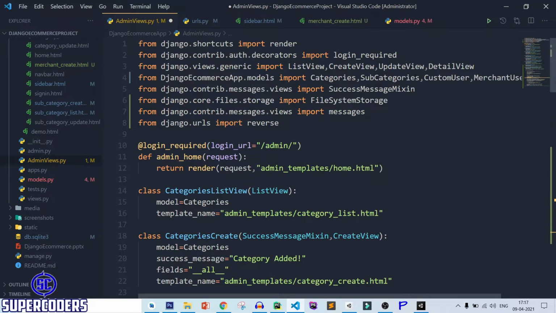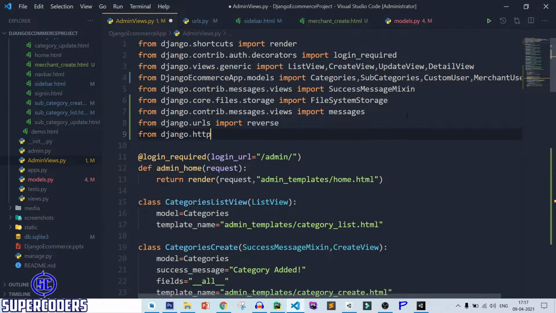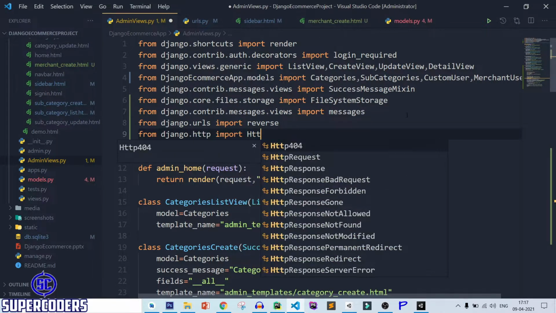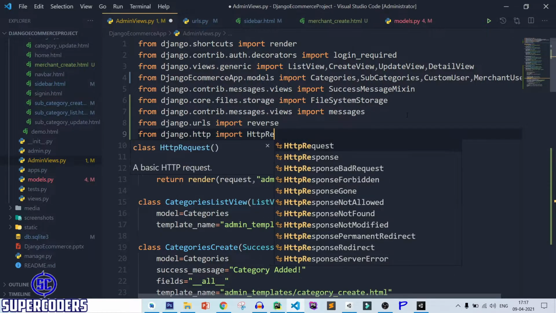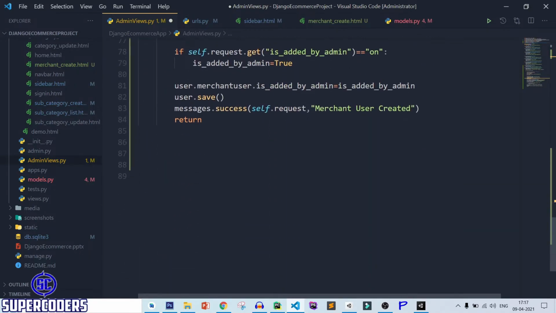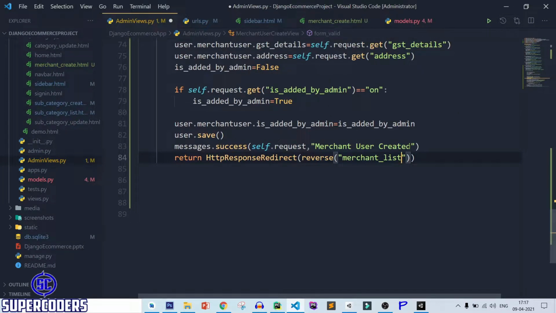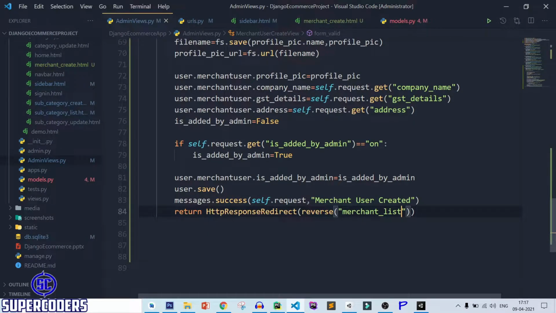So first import redirect. So from django.http import HttpResponseRedirect, and here return HttpResponseRedirect, pass reverse, and pass the URL list or URL name. Save it. Let's check it's working or not.